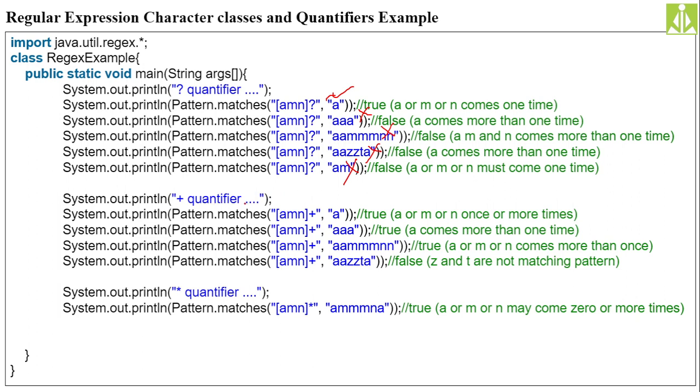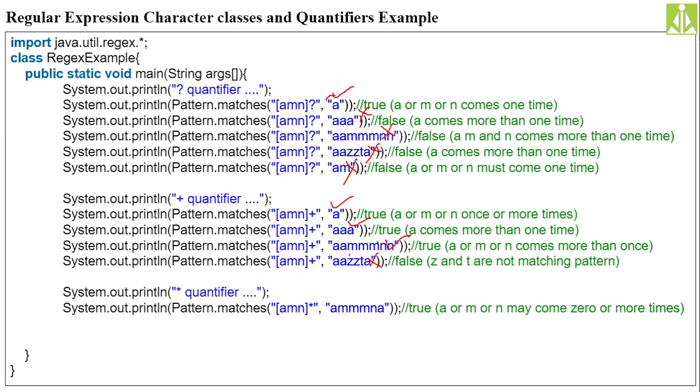Okay. So plus qualifier, one or more times, isn't it? One or more times. So this A is occurring one time, so this is true. Then [AMN]+, A is occurring 3 times, so this is also true. Plus qualifier means one or more. So [AMN]+, AA is occurring twice, MMM is occurring thrice, and NN is occurring twice. Because any of the characters can repeat any number of times, this is true. So [AMN]+, this is a different character occurring over here, Z. T also a different character.